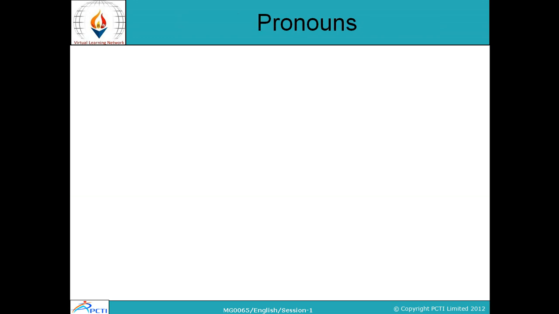Now let us come to the second part of speech, that is pronouns. Now pronouns refer to and replace nouns. Pronouns वो words होते हैं जो noun को replace करते हैं. The names of people, places and things को replace करते हैं. Alright, now we have already mentioned that the nouns are the names of people, places and things, and the words which we use to replace the nouns are called pronouns, or that the speaker or writer assumes are understood by the listener or reader.